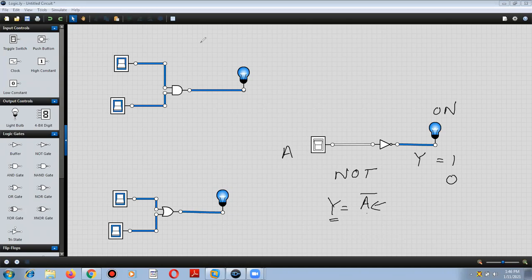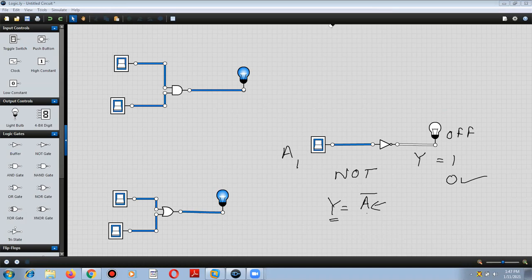Now I'm making A equal to 1. Now you can see that the bulb is off. So that means when A input is 1, output is 0, and therefore the bulb is off in this case. So this is how we have verified the truth table for NOT gate.